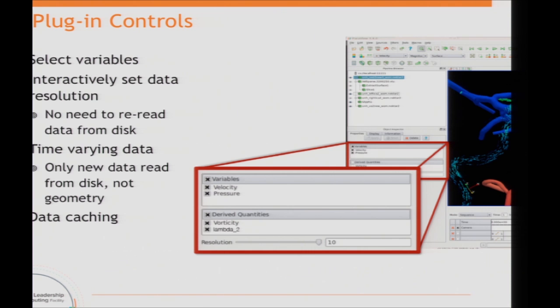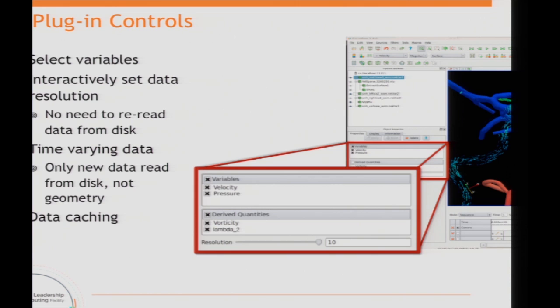There are a lot more capabilities involved with it, but basically, through the GUI, you're able to select which variables you want to load. Another important thing is being able to interactively set the data resolution. They have the finite elements that they're calculating, and when they load them into ParaView, they can resample those elements, change the resolution up or down,